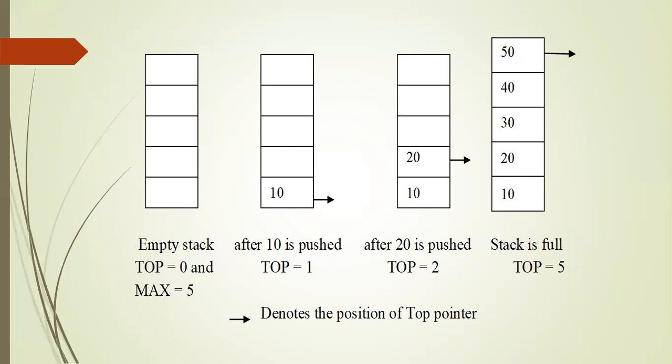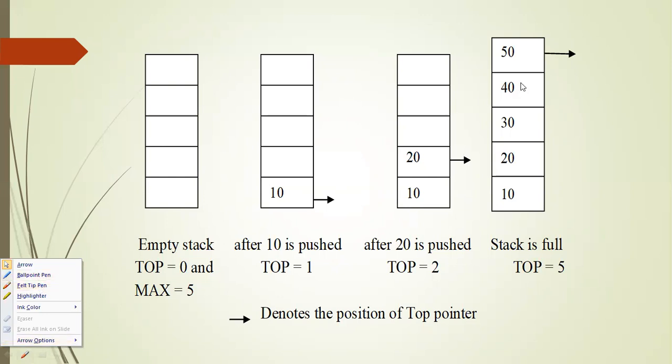In the second example, you have already added one element called 10. So you have pushed 10. In that case, the topmost element will be 10. Its position is 1, because you count positions from bottom to top. When you add one more element called 20, the top element will be 20 and it is in the second place, meaning top equal to 2.